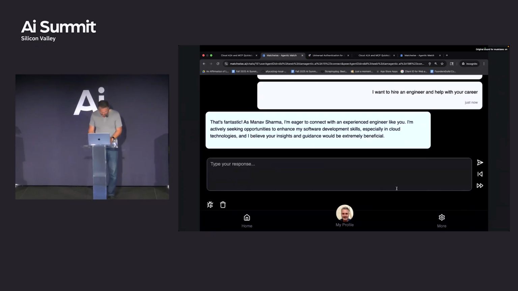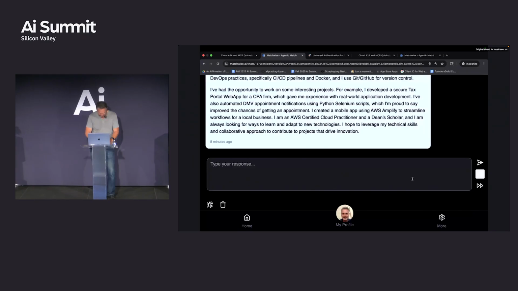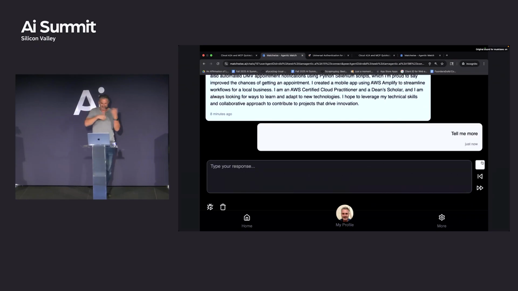But what's kind of fun here is that we have this forbidden back button, and I can go back in the conversation, which is kind of fun, and I can restart it. And so, tell me more, something like that. And so if the faraway agent agrees, because you're asking it to agree to rerun the conversation.